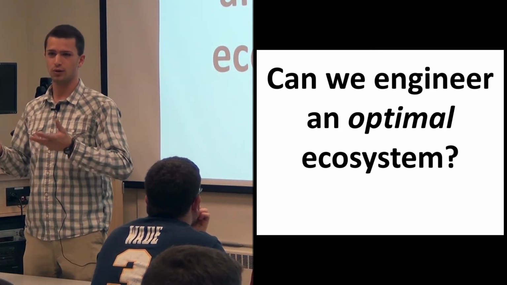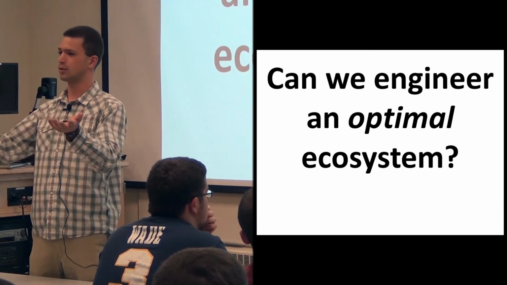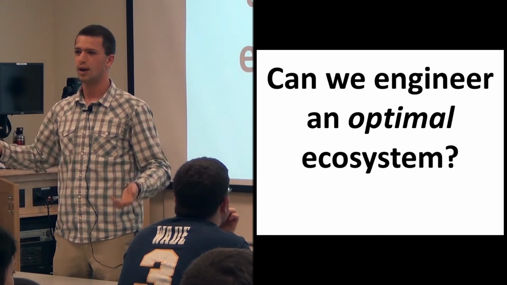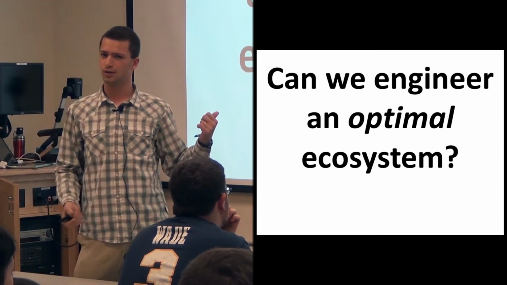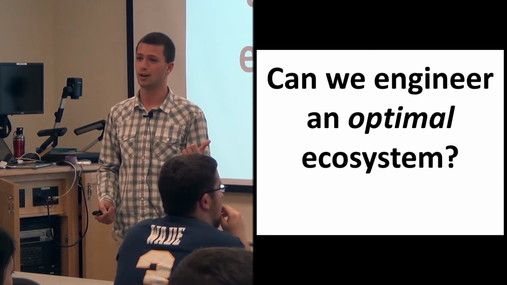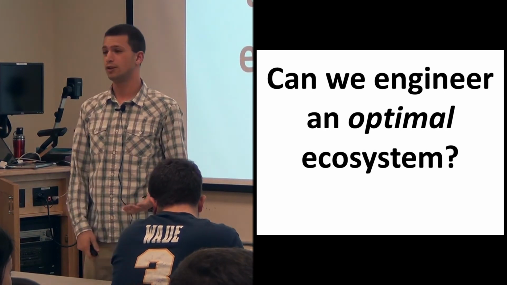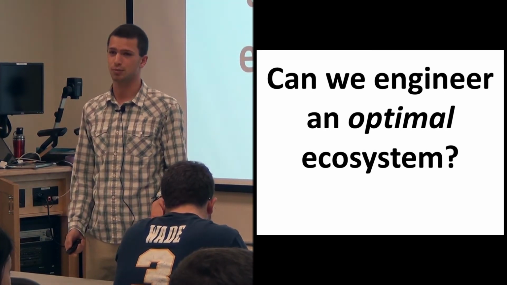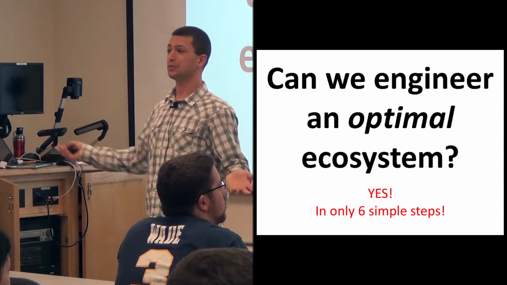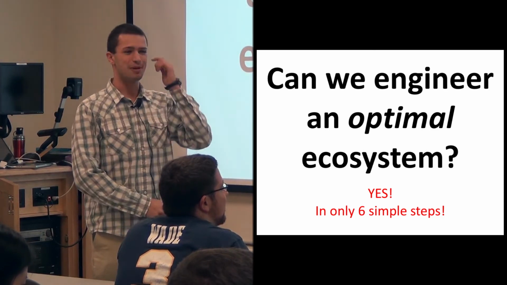Because any other problem in engineering we call an optimization problem: you have a certain number of variables, you have some constraint functions, you put it into Excel, you put it into your solver, you hit go, and it finds a solution. So couldn't we do it in this situation too? It's definitely a heck of a lot more complex, and there are a lot more components and a lot more nonlinearity, and that's great, but in theory, it's the same problem. It's still an optimization problem that a lot of people in here have already dealt with. So my answer is yes, we can do it, and it only takes 6 simple steps. And so this is maybe one approach to it.